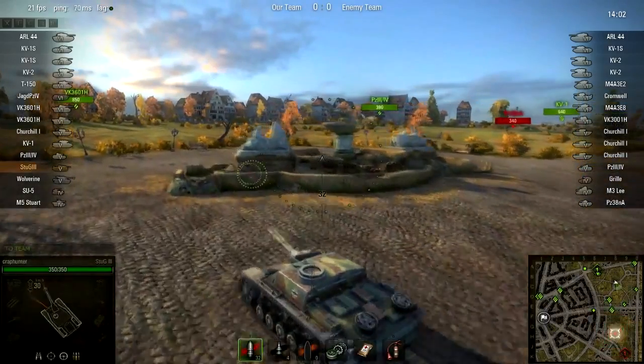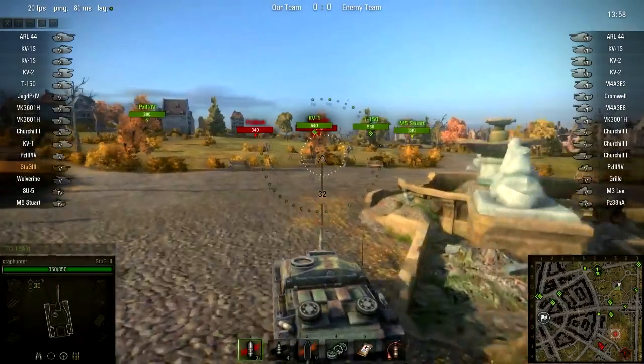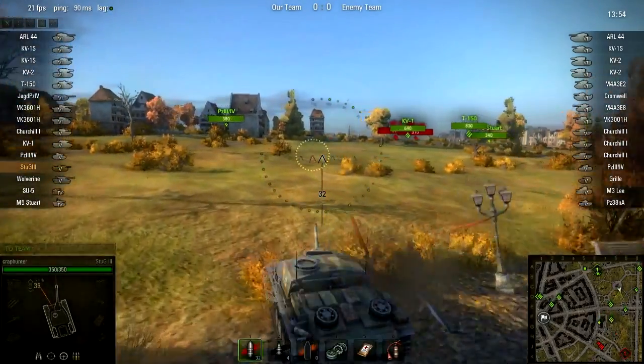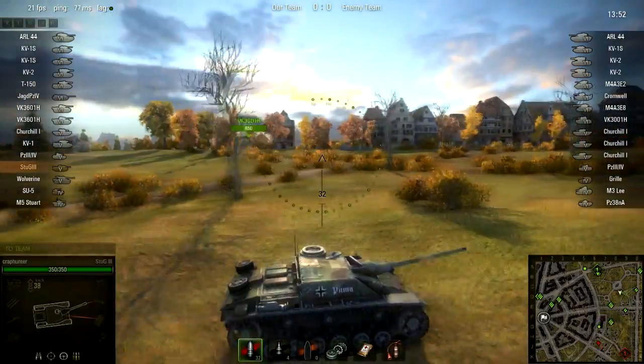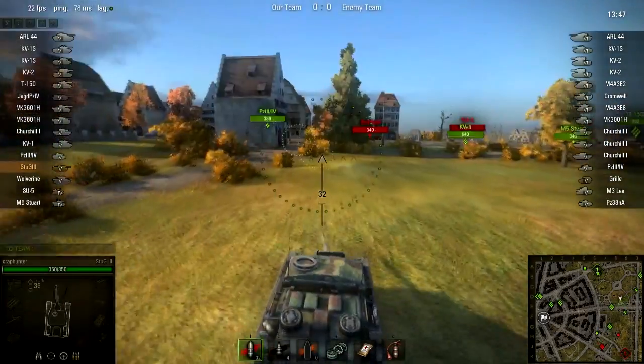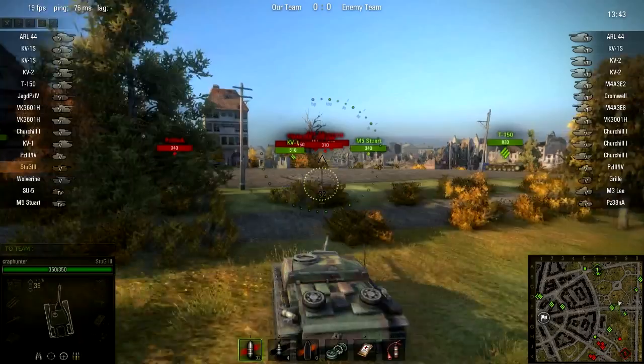So, what they got? They got 2 KV2s, that ain't good. They've also got a Lee. Good God, we're dead. They've got a Lee. Oh, there's their first KV2. So, we've got reasonably decent things. We've got a VK601H, which is an utter coward. He's not showing his face. Ooh, there is a lot. They've got their